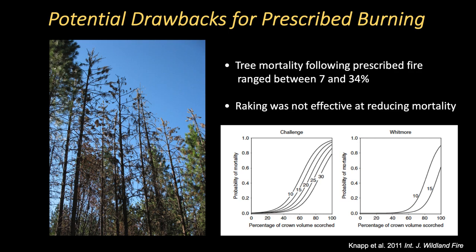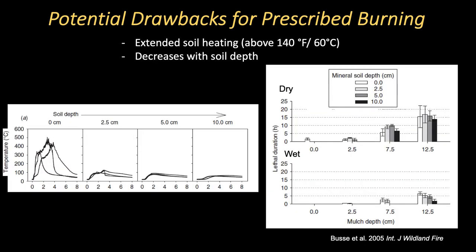Experimental treatments that raked masticated fuels away from tree boles did not effectively reduce tree mortality. Thus, crown scorch is likely the larger contributor to tree mortality following prescribed burning in masticated sites. Increased fire line intensities may also contribute to extended soil heating above the lethal threshold, typically 140 degrees Fahrenheit for 1 minute, that can result in the death of most living tissues in the soil, such as roots, seeds, and